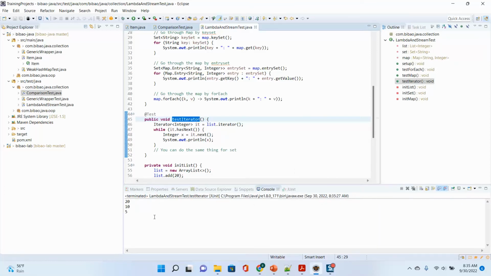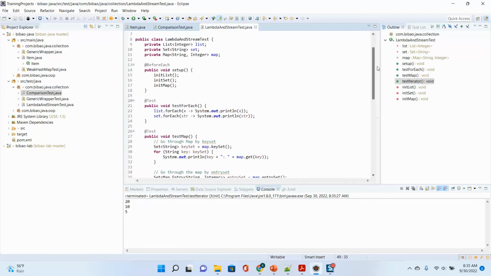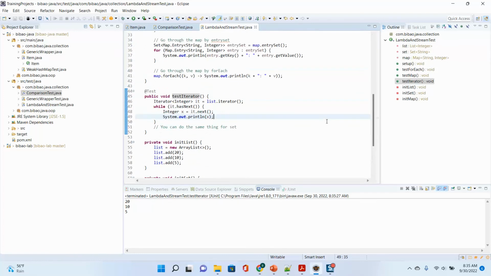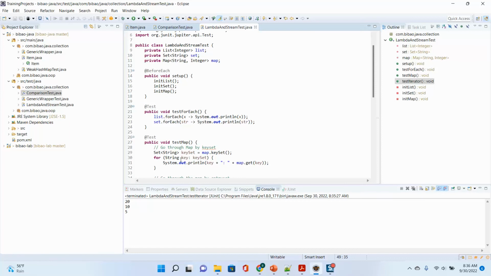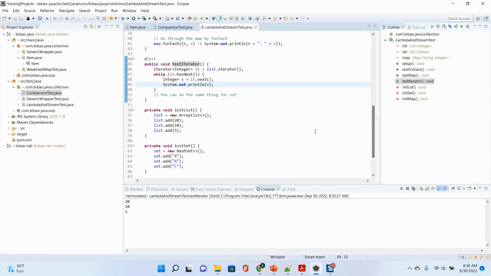I don't want to go through the code for set. You can make up the code for set. In the current project, because we have forEach, which is very powerful, now we don't use iterator a lot. Most of the time we use this forEach, and then we use this kind of for loop. It's like iterator or forEach. We rarely use iterator. And a typical question, maybe a long time ago, people may ask about the difference between